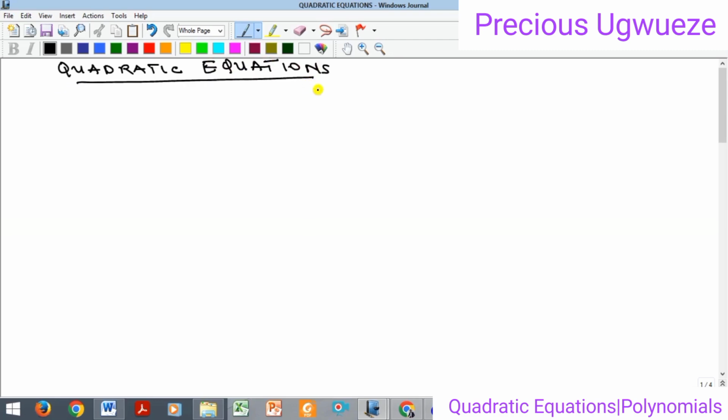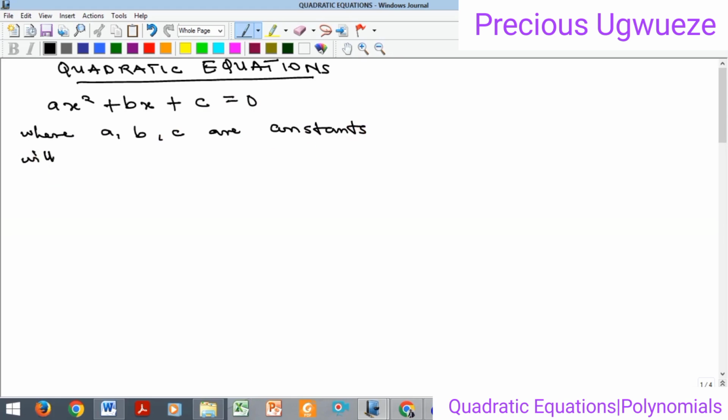Okay, so a quadratic equation is defined as an equation that has the form ax squared plus bx plus c equal to 0, where a, b, and c are constants with a not being equal to 0. Okay, and in a short while you are going to understand the reason why we have all of these